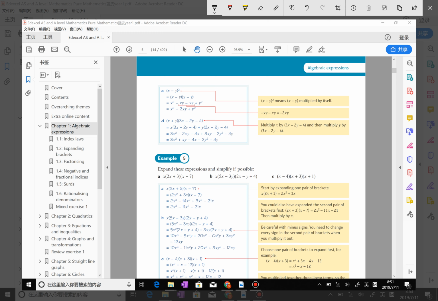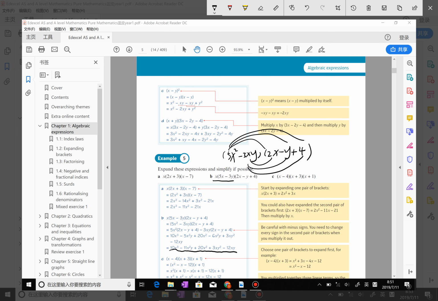So let's take a look at B. Same way, we first calculate these two: 5x squared minus 3xy. Then we multiply by 2x minus y plus 4, right? So we multiply each term, then sum them together. So the final answer should be 10x cubed minus 11x squared y plus 20x squared plus 3xy squared minus 12x